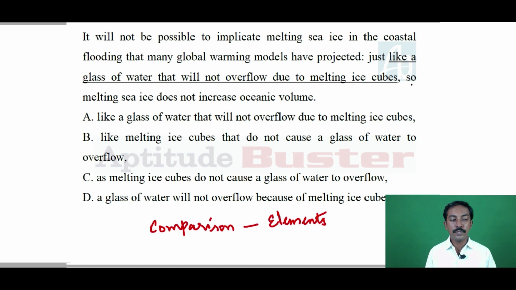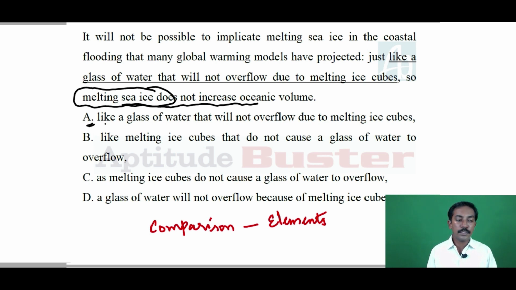Towards the end of the sentence, it reads, so melting sea ice does not increase oceanic volume. So we are very sure that one element of comparison is melting sea ice. You can go to the options. Since you already read the question, now it's easier. There are two options beginning with a glass of water, and there are two other options that talk about melting ice cubes. You ask yourself,